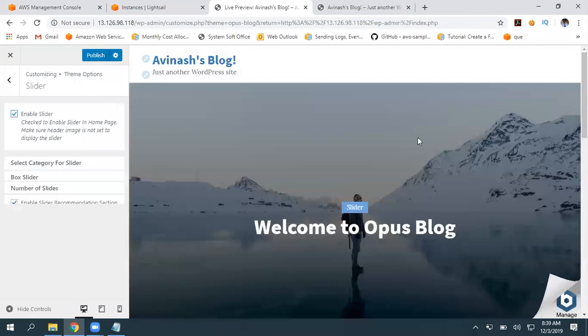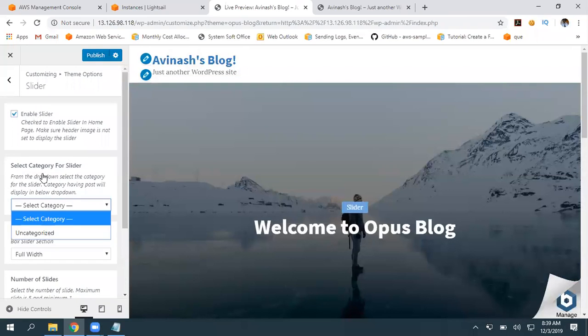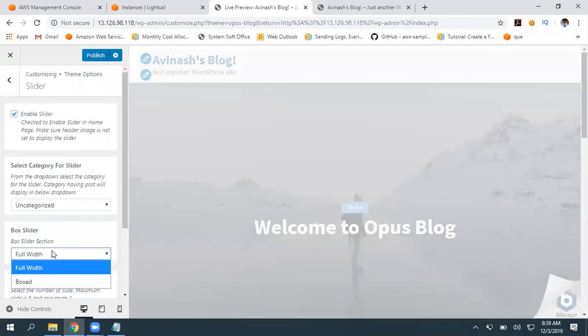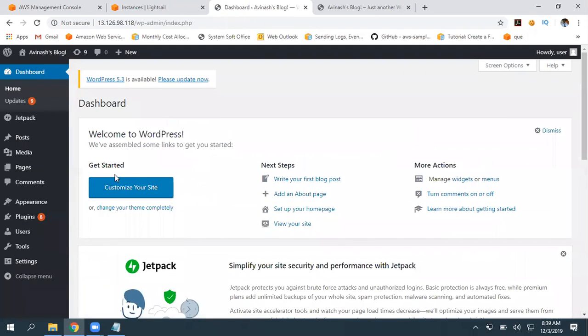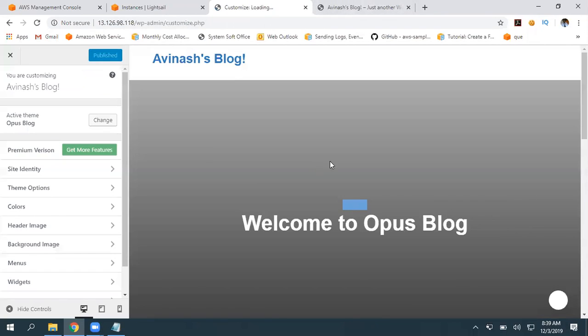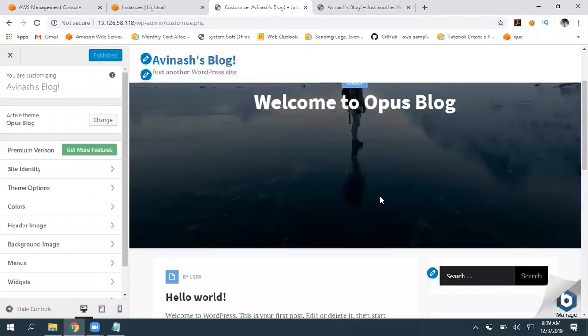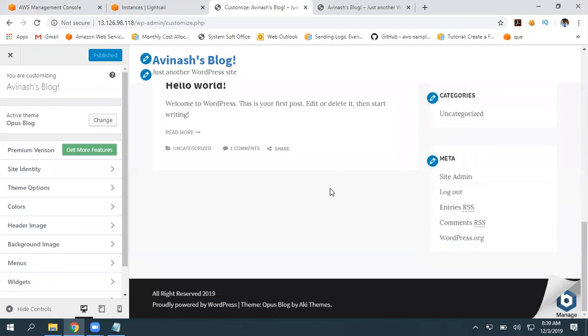Otherwise, it is not going to be there. For the slider, what name you want to give, boxed one, how many slides you want to give, what are the files you want, you can simply modify. To modify this, do we really need to know HTML or CSS and all? Definitely no. Anybody can modify. Based on your requirement, you can just modify all these things.